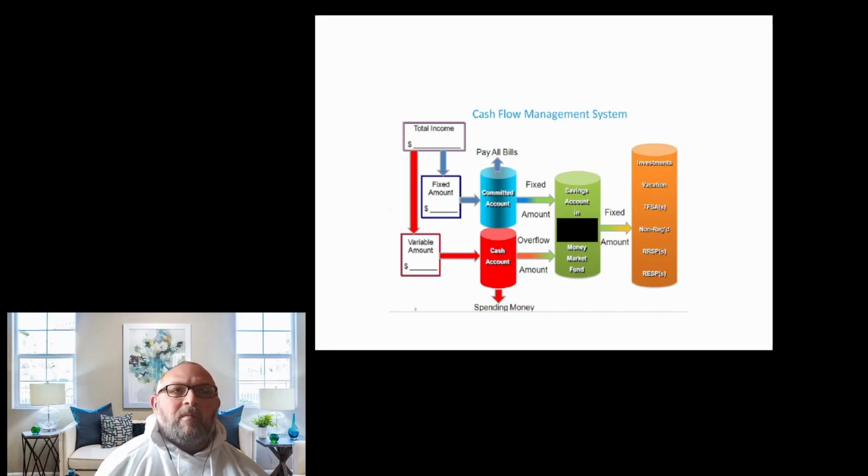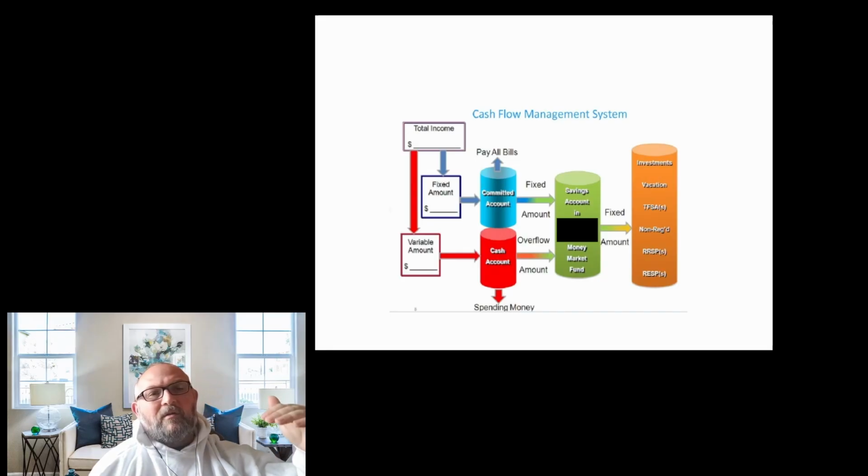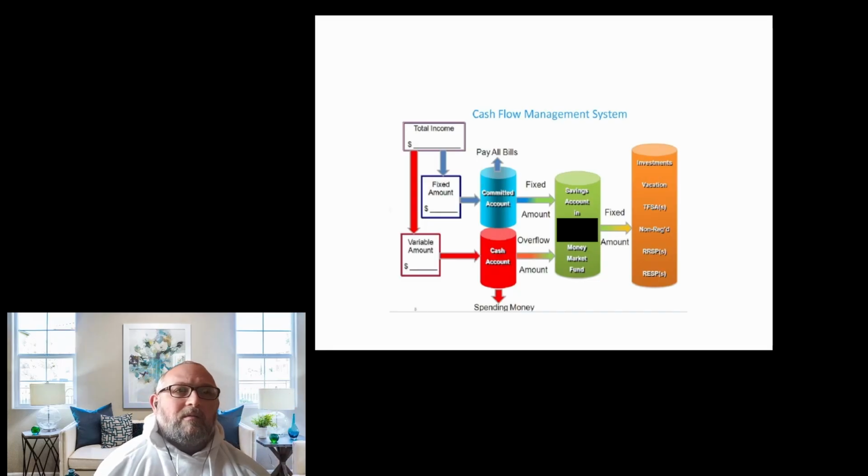And then your variable amount, right? You go to your cash account, you're spending money, which should be all your money, and then your overflow amount goes into those things, and then you itemize everything on the side there in all the orange, right? You have investments, vacations, so more short-term stuff, vacations, cars, anything like that. And so how do we do this, or how do we get to this, and so we can kind of deviate and put it towards your goals?